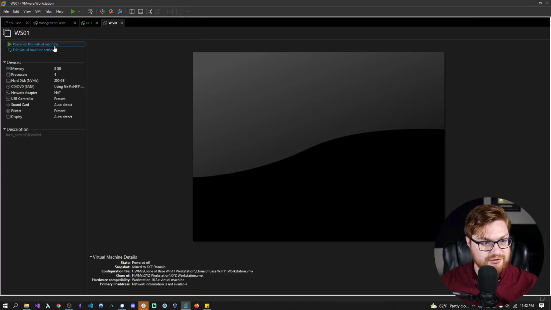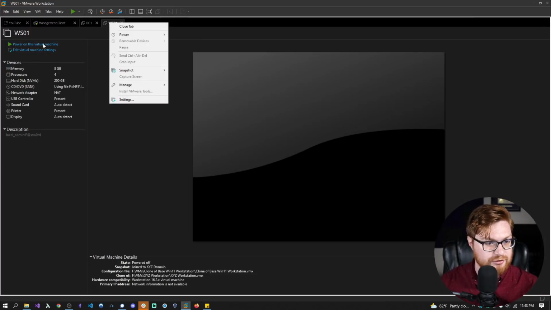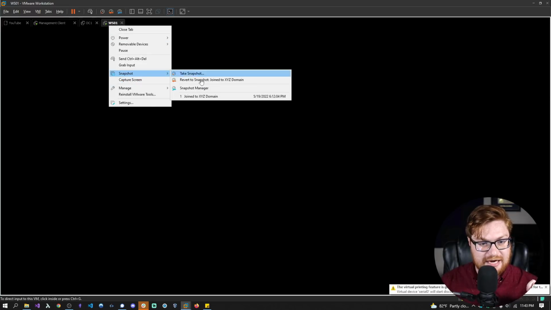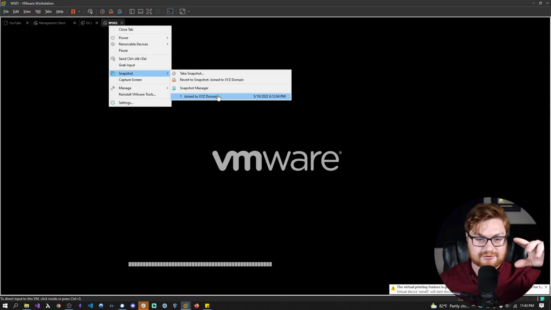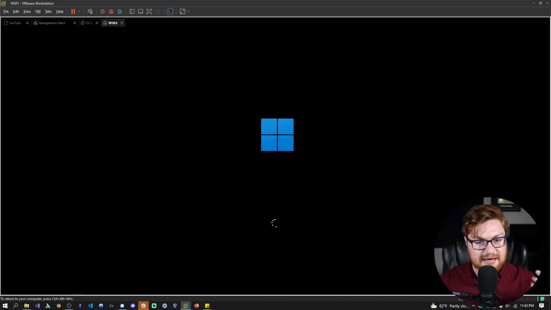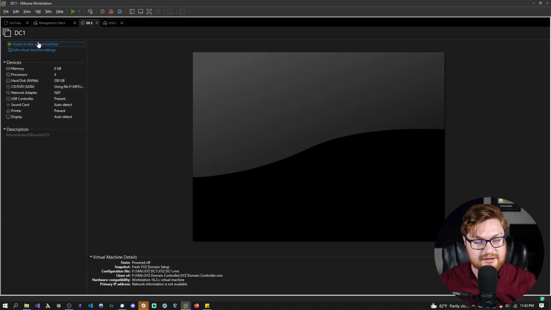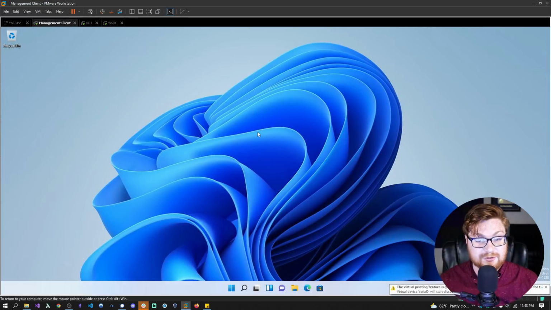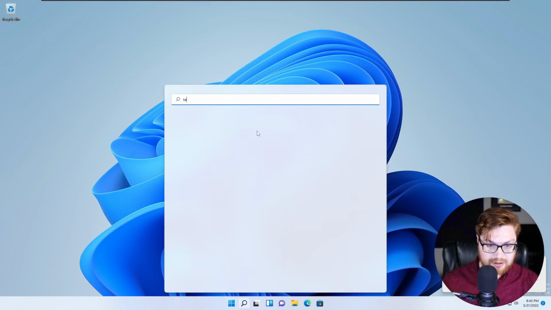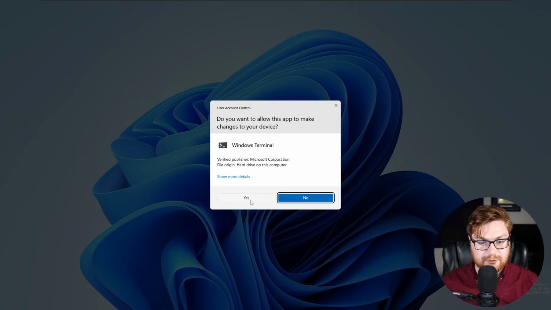And I guess we can also turn this workstation 1 on. I think the only snapshot we have for him is after we've joined to the domain. So we're going to have to disjoin and remove ourselves from the domain and then get back in it, and then hopefully have a snapshot for the DC following that. But we need to make some other changes to our management client script. So we'll go back over here and let's open up our terminal, which we have been using to write some